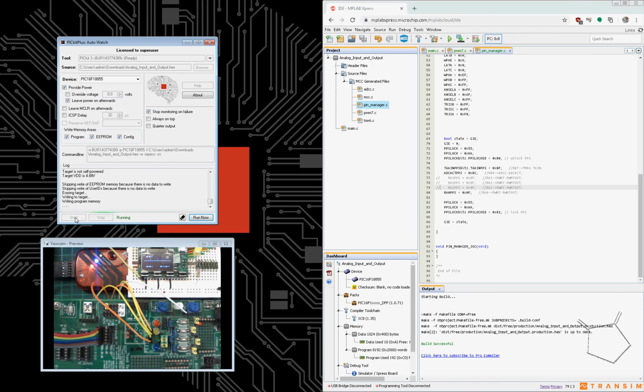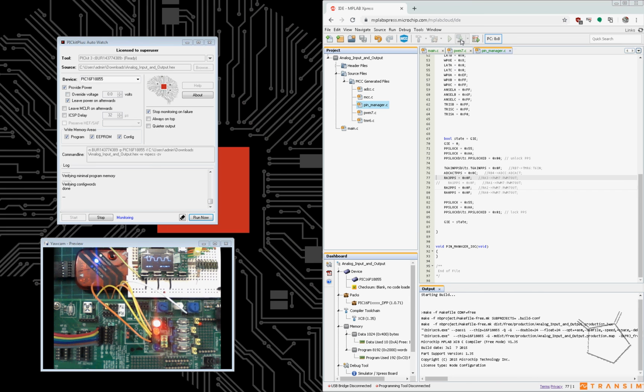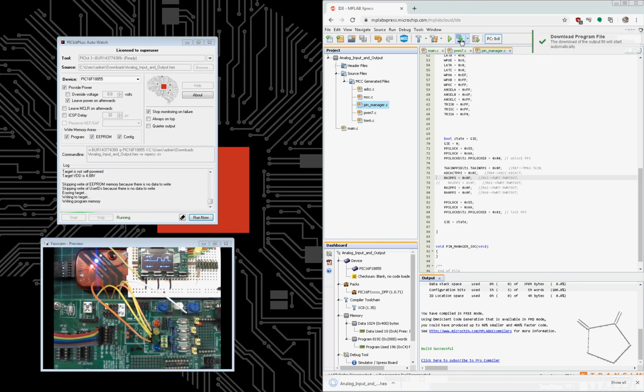So I'm now going to make some changes in the cloud, and I haven't got the Java engine. I don't need all those complex pieces of software to make this work. I can simply point AutoWatch at this, and this will very soon support Express boards as well. So you'll be able to download that file and put it straight into your chip. So I'm going to make a change up here in the cloud version. I'm going to turn on 3 LEDs. I'm going to make that and then download it automatically, and AutoWatch picks that file up, and I've got 3